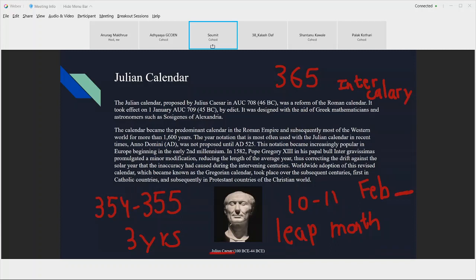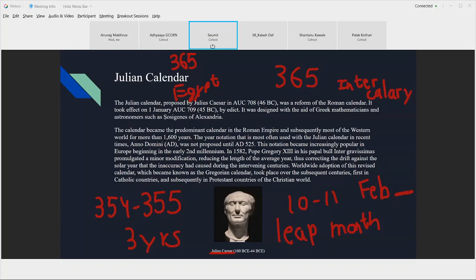So the Egyptian calendar was a solar calendar. It was based upon periodical flooding of the River Nile, which actually happened every 365 days. Because of this, the Egyptian civilization knew that a year is approximately 365 days, because the seasons repeat every 365 days. So the Egyptian people were sure that a year is more or less 365 days long. So Julius Caesar saw that this calendar was far superior to his Roman calendar.